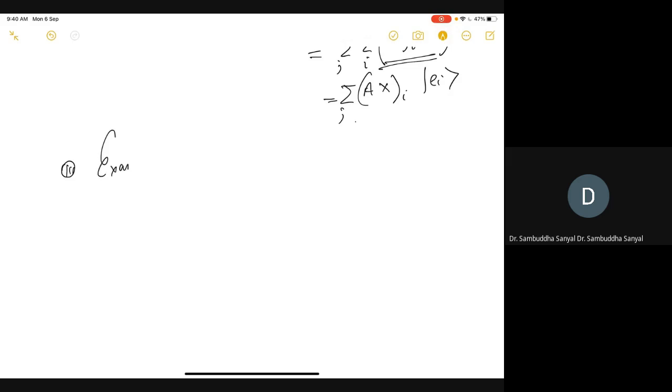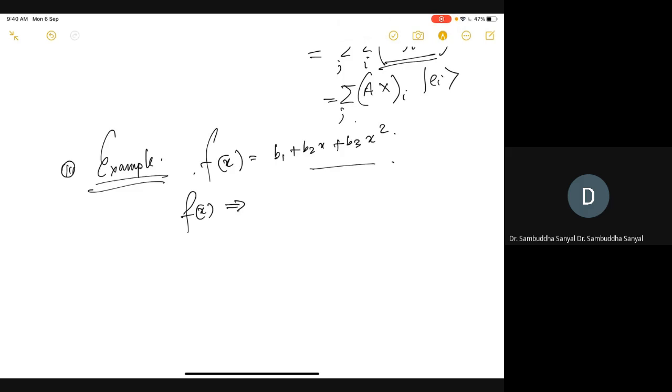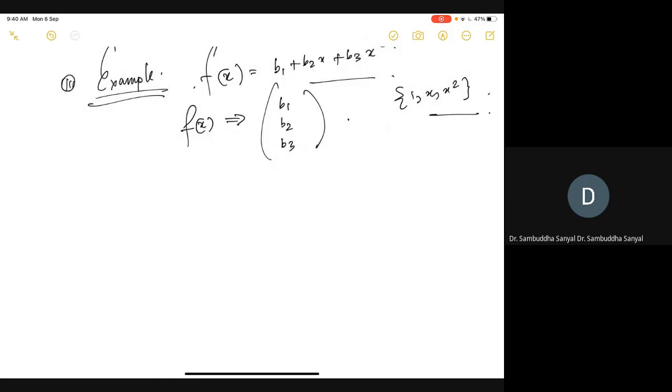So this is the example. If I have a function f(x), let me find a matrix representation. So f(x) is a vector in this space, and my basis is 1, x, x squared. This is my basis. So how do I represent a linear operator? Notice what the elements of this vector space are. If I say there is a vector e1, so A acts on e1. So e1 here is basically 1. The basis is 1.